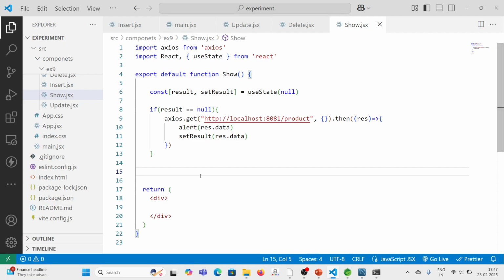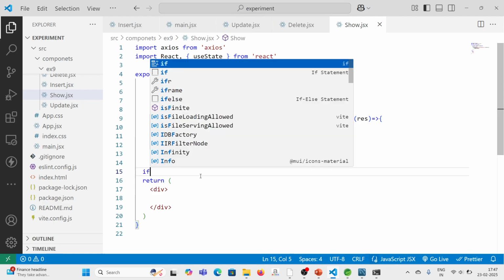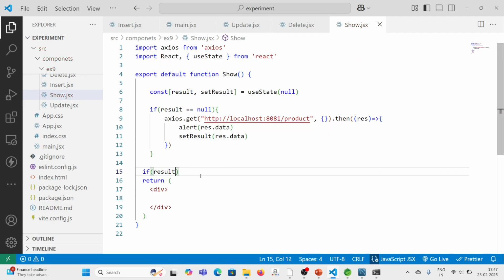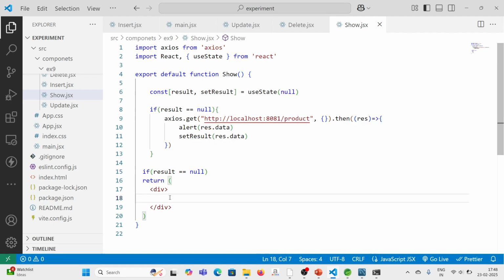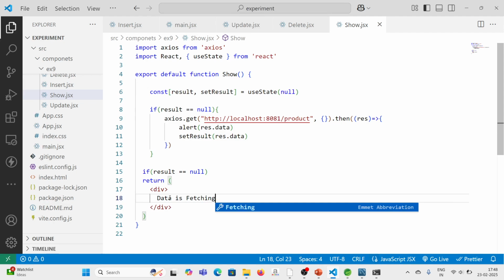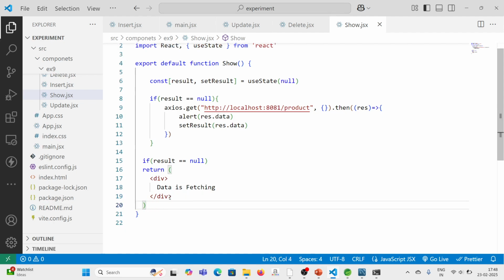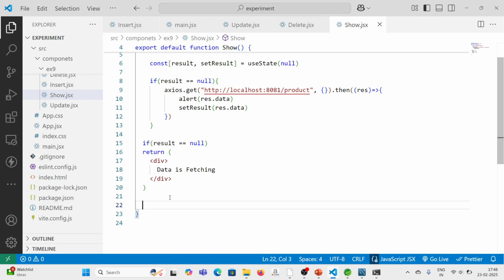Here, before return, I am going to write if result equal to null. That means the very first time it will be null. At that time, I'm going to say data is fetching. Very first time when it is running, it will be null, so I'm going to say data is fetching. When it is rendered for the second time, in the else part,